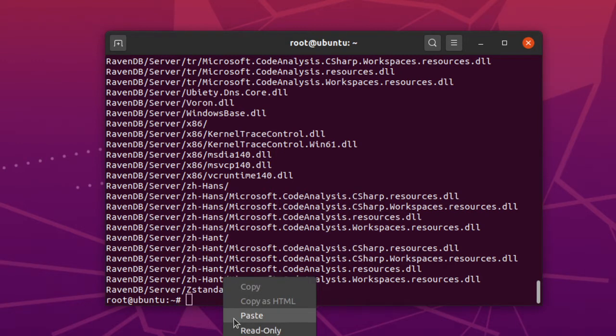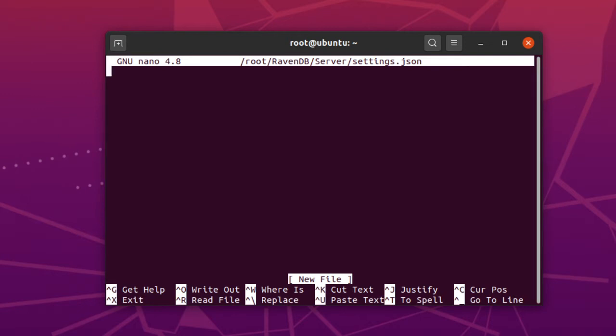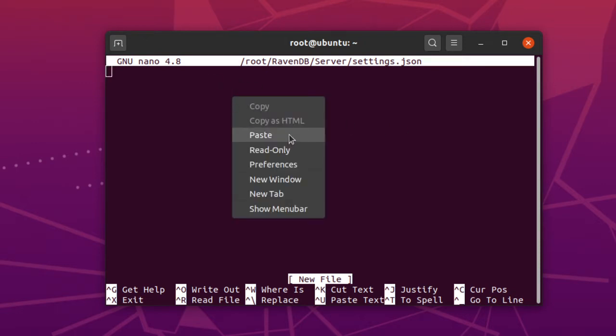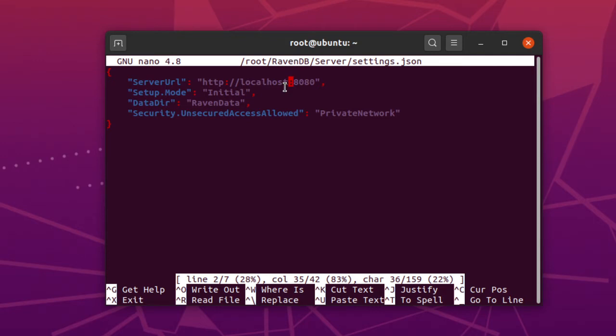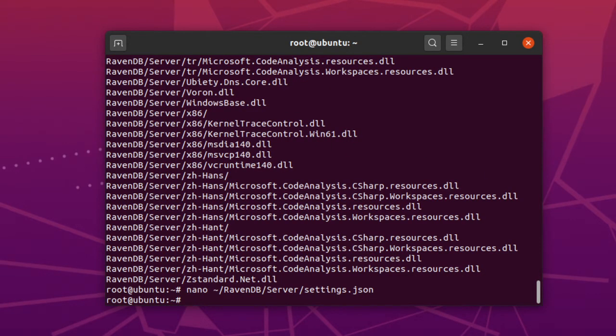So the next step is we have to open up the Raven settings or config, whatever you want to refer to it as. And we have to paste in this code. This code will also be linked down in the description if you want to copy it along, or you can just copy and paste it. So I'm just going to paste it in there. Okay. And now right here you want to put the IP of your system that you're using, your machine. For now, I'm just going to put localhost because I don't want to give away my IP on this YouTube. Okay. And now we can press Control X, Control S and Control X to save the file